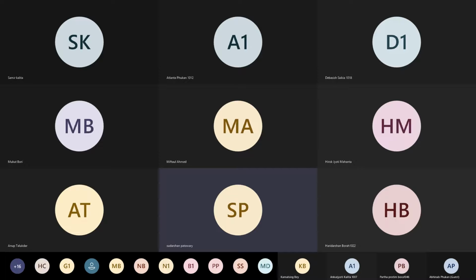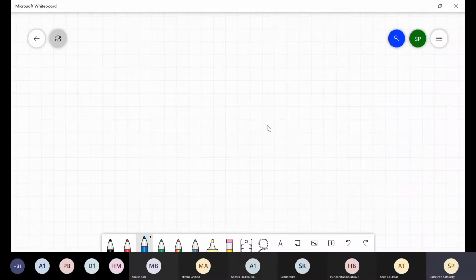So today we will analyze one beam. Analyze means what I already told you. Analyze means your section is given, suppose width, depth, section, reinforcement, how many numbers of bars are provided, all those things are given, and you have to calculate the moment carrying capacity of the beam. That is your analysis.